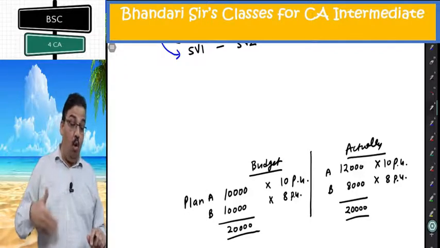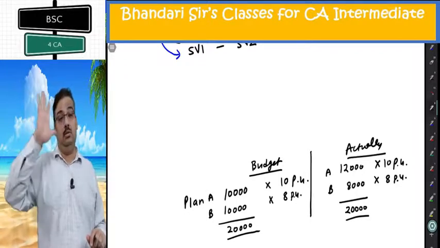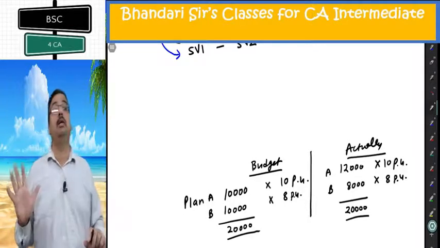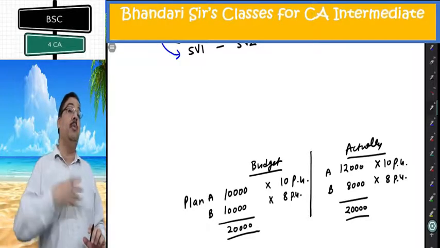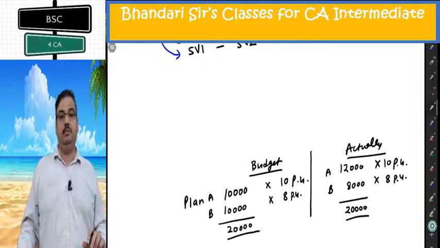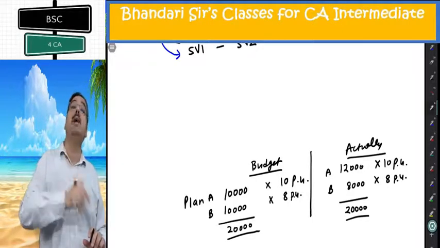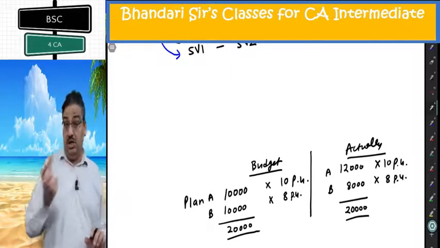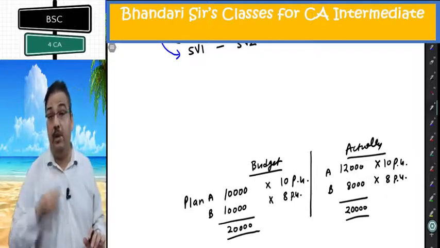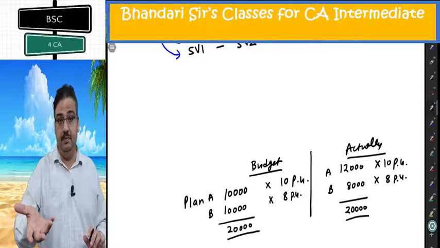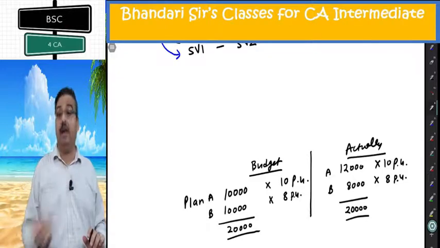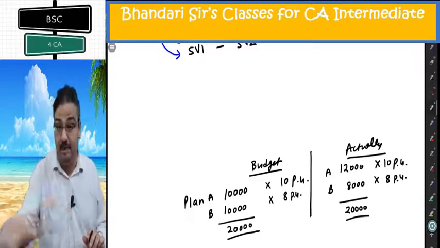I sold more of a product which was having higher selling price. I sold less of product having lower selling price. There is some positivity. My actual sale is going to be more. What is the reason? Other than price? Yes. Within volume, the reason is mix. When ratio changes, there is creation of mix variance. When ratio is in favor of a product having higher selling price, then positive variance. When ratio is in favor of product having lower selling price, there is adverse mix variance.